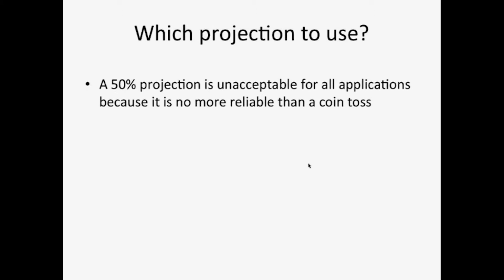Because if we're taking somebody who has a spinal cord injury or a traumatic brain injury and needs lifetime care, if we only plan for 50% survival, there's a 1 out of 2 chance that there's not going to be enough funds to actually cover this person's survival. You might as well just flip a coin to determine whether or not you're going to shorten this person's life by exactly the amount of money that you set aside for the person.